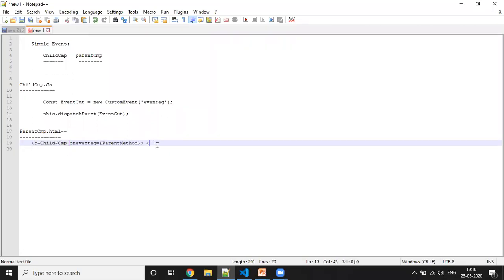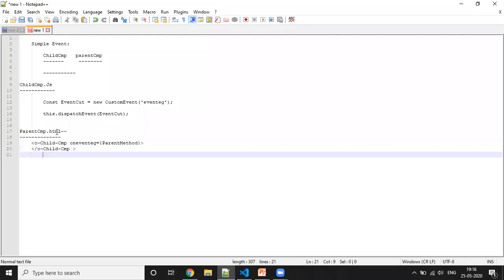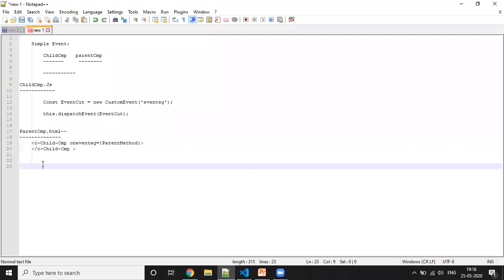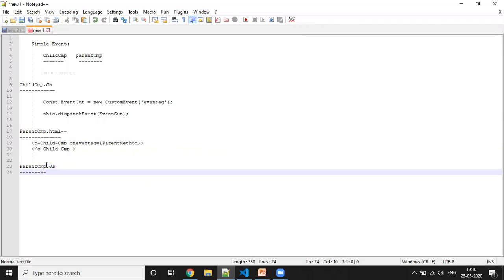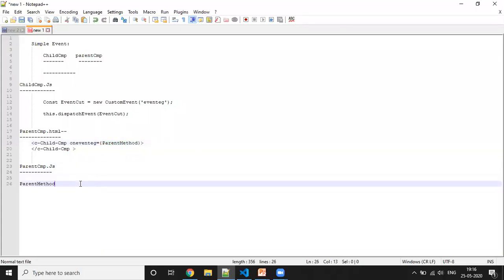So whatever we write here will be handled in parent component.js. Suppose here we are creating this method, the parent method.